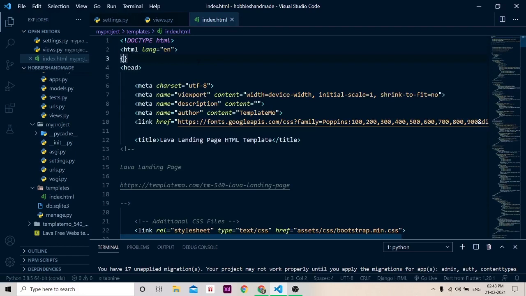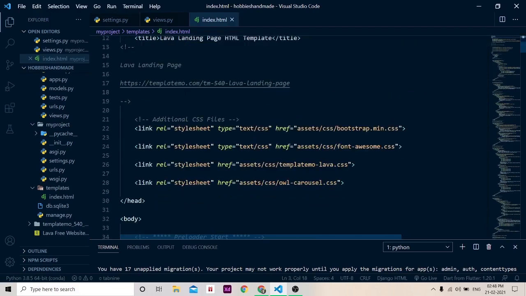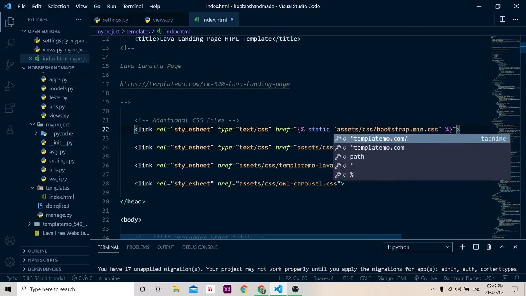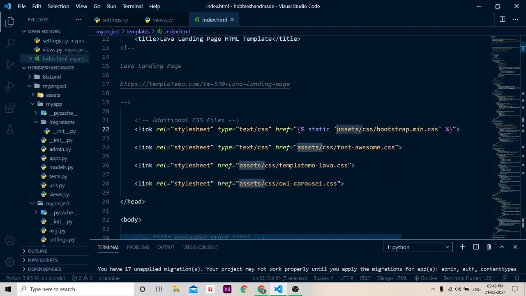Let's load our static files first. So load static will come from here. Then let's specify this thing. This is the template tagging method, static assets, but we have specified assets already, so we don't have to do this. Similarly, we have to do this for all these URLs.